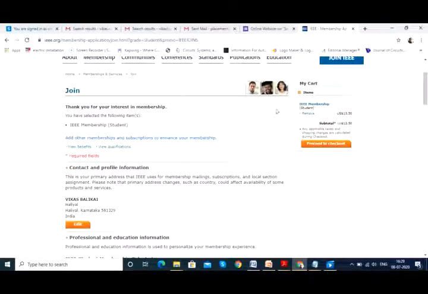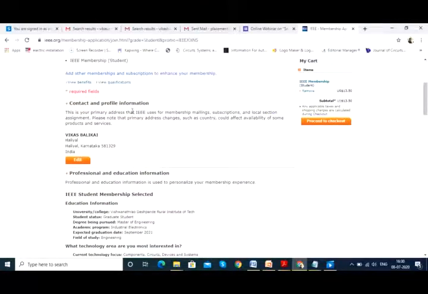Now please don't just check out and pay the money, because this step is very important. I need to add some society memberships and subscriptions, which are free of cost or at a very minimal rate. Because down the line, if a department wants to start a student chapter, you are supposed to be enrolled in a particular society. I'll tell you which societies are available free of cost and which are available at a bare minimum cost. So we need to add all those things, and then we will do the checkout.